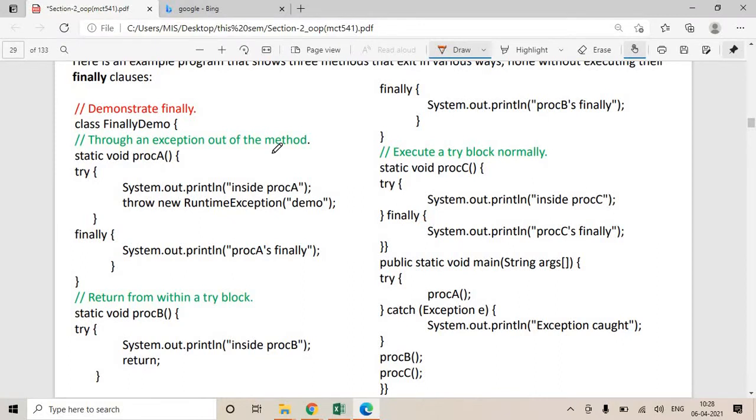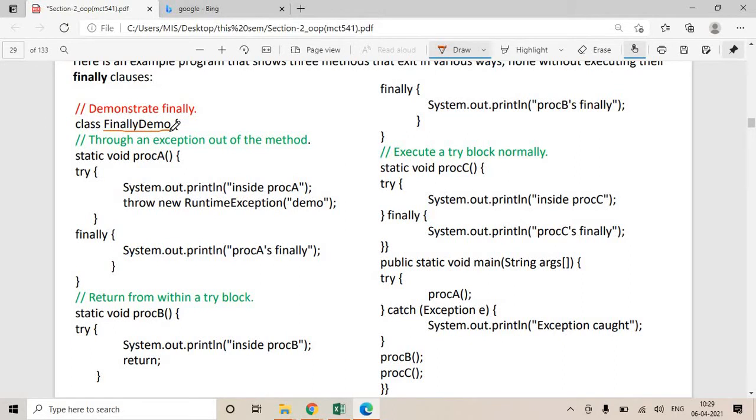Okay. Now first let's try to study this program. We have written a class FinallyDemo, a class name of your choice. Then here we have written a function named procA.